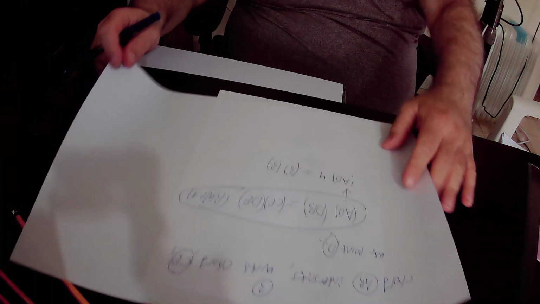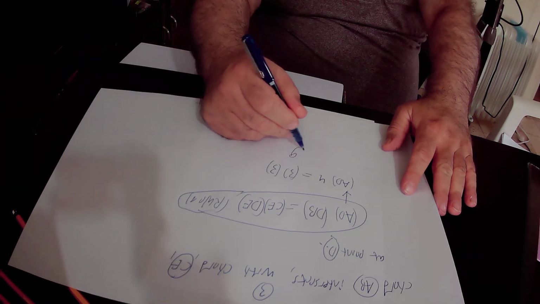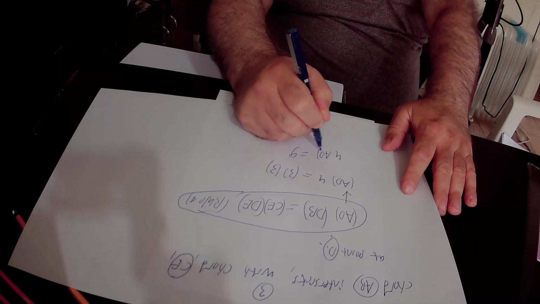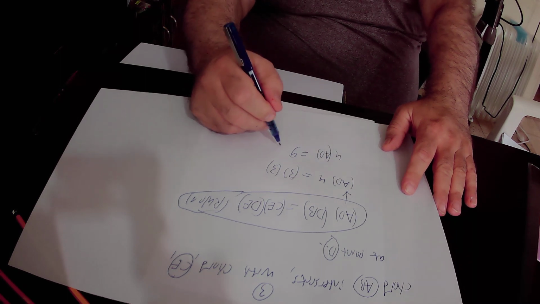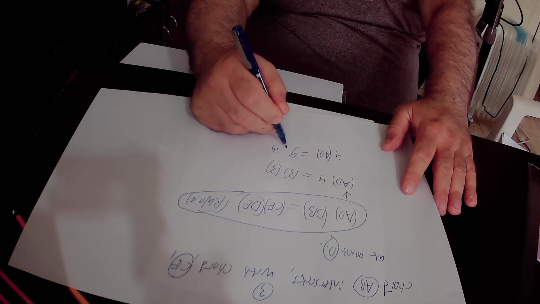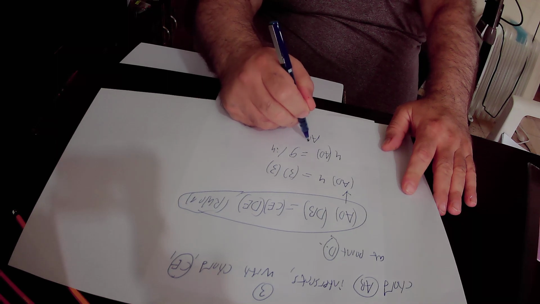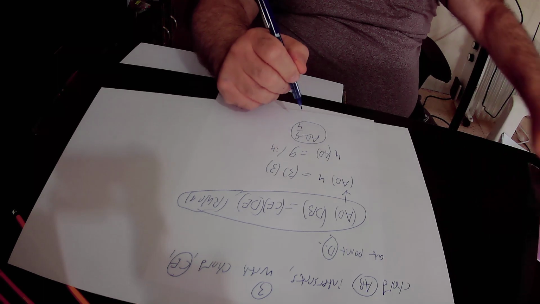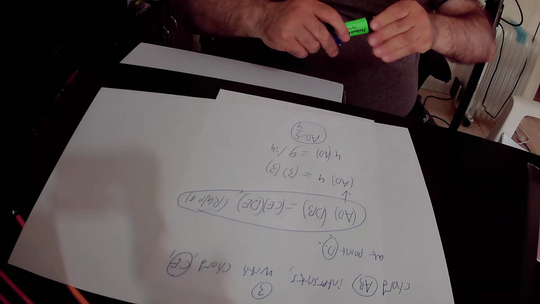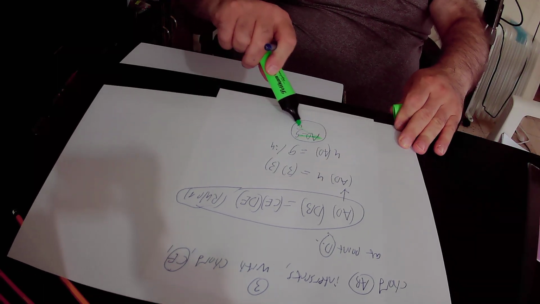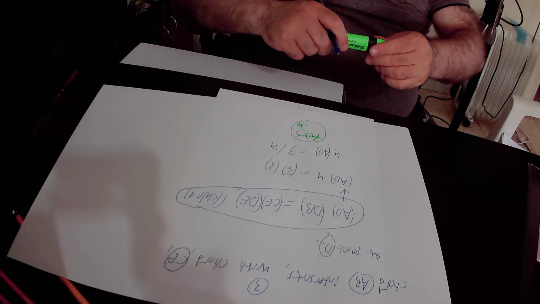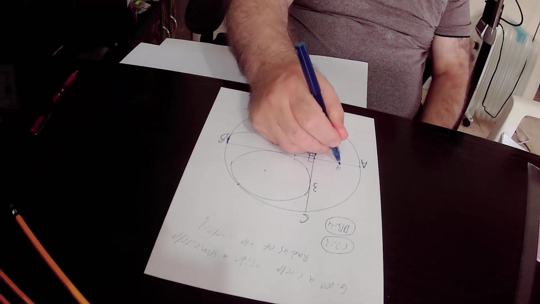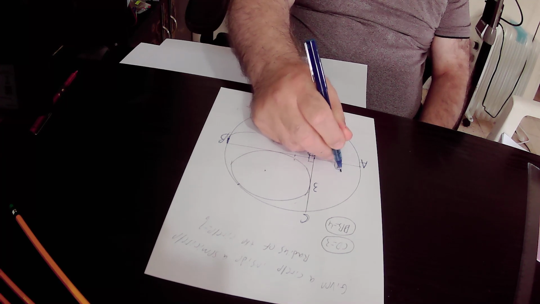So here 3 times 3 is 9. So we found out that 4 times AD equals 9. Here we divide this equation by 4 and we get that AD equals 9 over 4 units. AD equals 9 over 4 units, so we can write down here that AD equals 9 over 4 units,